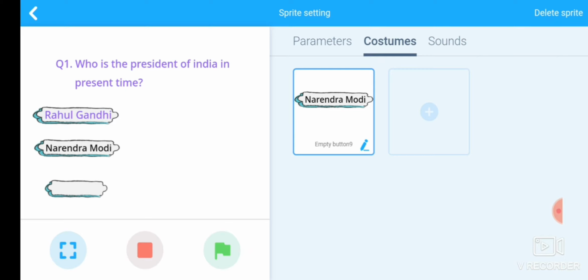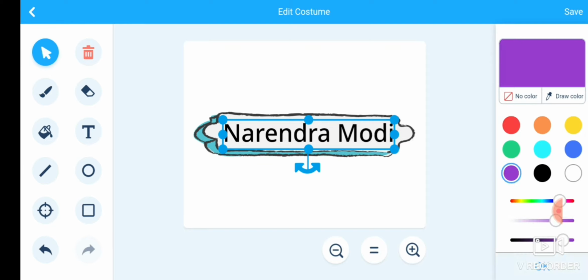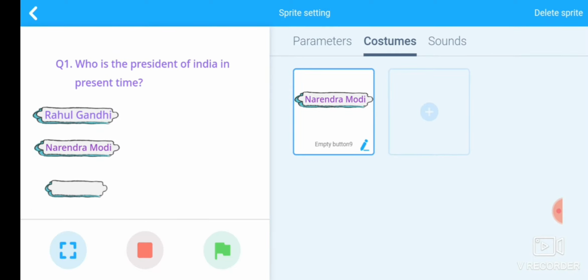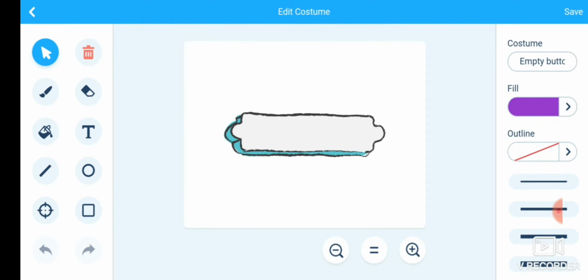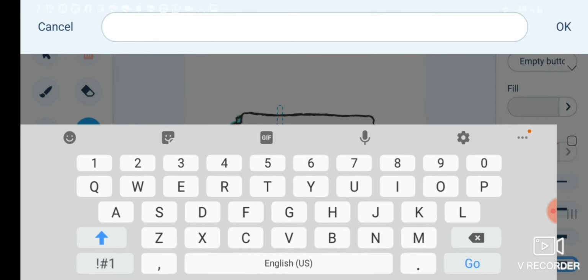Okay, our color is changed. Choose here the purple color and then save it. This is purple. Yes, fine. Now the next option. Click on this next button and then our next option is Ramnath Kovind.